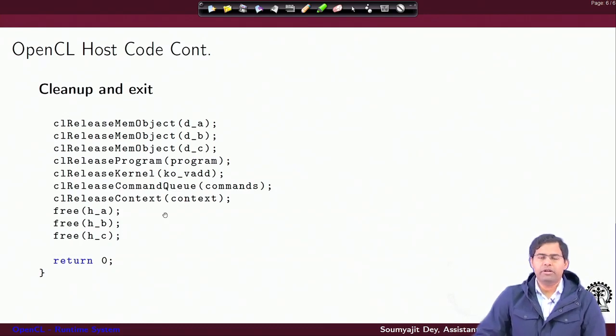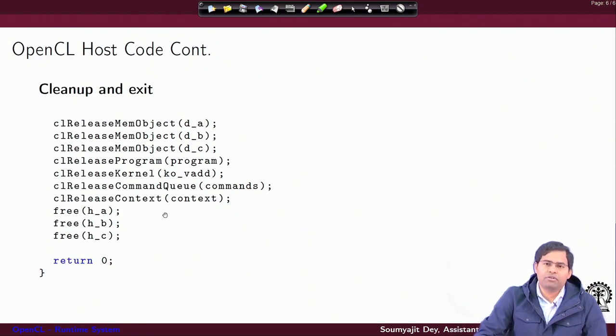So the point I am trying to make is most of the code for the host side is going to remain the same. If you are going to write another functionality, write another set of kernels or orchestrate the execution of another set of kernels in the same platform, device, command queue, right. So most of the code is going to be the same. As a developer, the only thing you need to do is modify the other parts of the code. So that brings the question of this CUDA versus OpenCL issue.